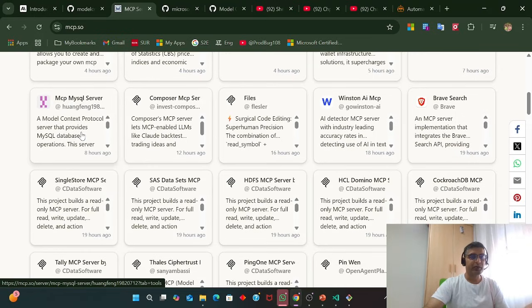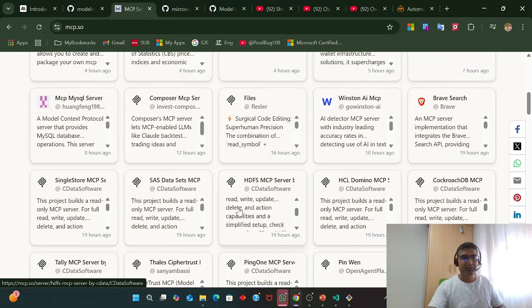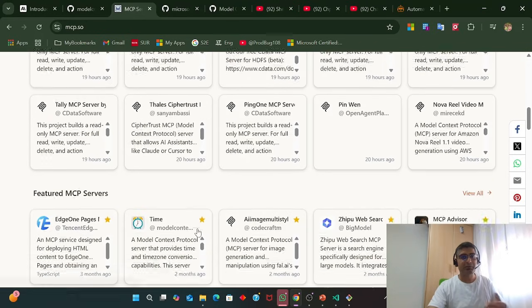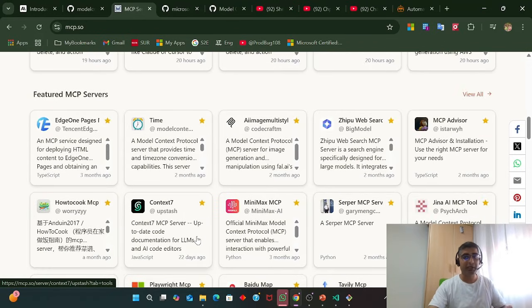You can write queries and handle MySQL just by writing English. Can you get all the employees? All the queries will be written behind the scenes, and your result set will be returned. Can you create a database? Yes, that will be created. So using the MySQL MCP, you can play with SQL just using English. That's it. You can see all the companies, like HCL, Domino. There are a hell of a lot of MCP implementations coming, and companies are implementing MCPs. They are doing the work behind the scenes.